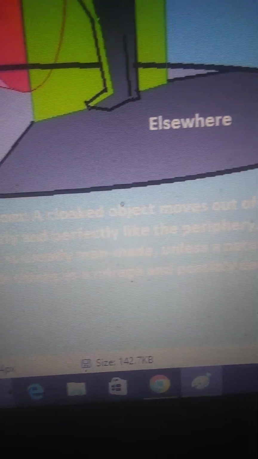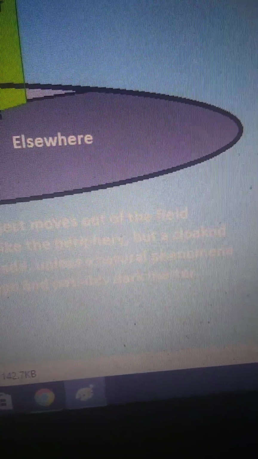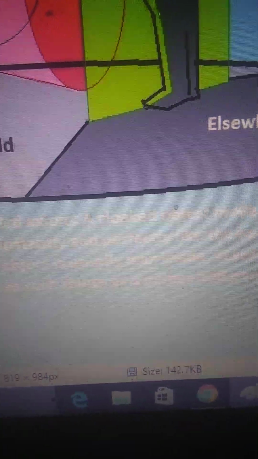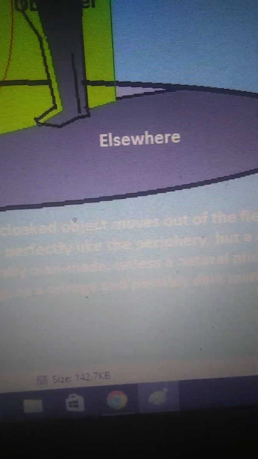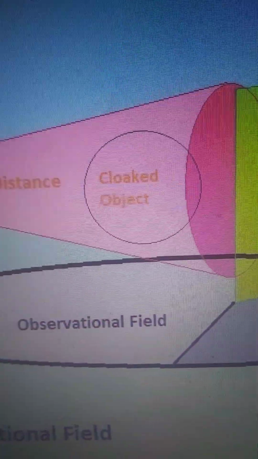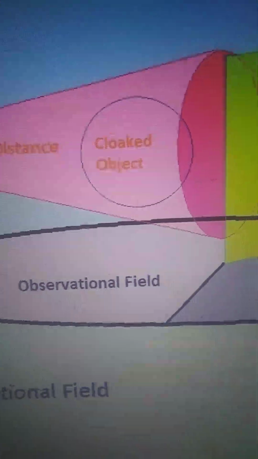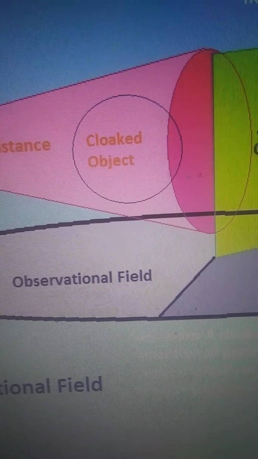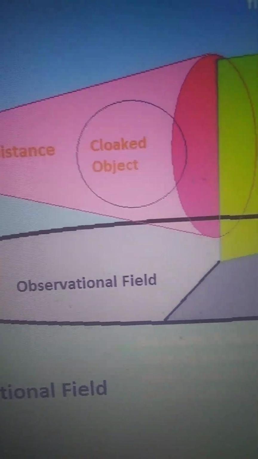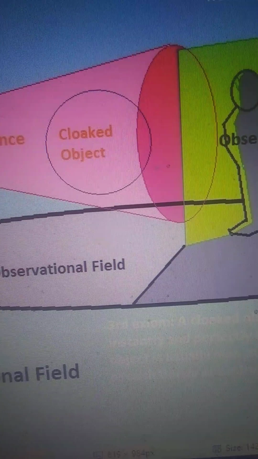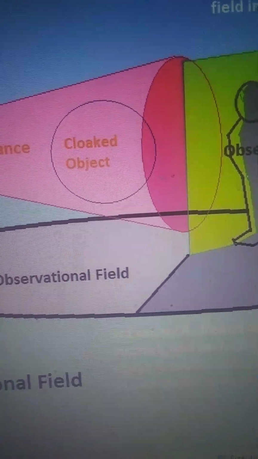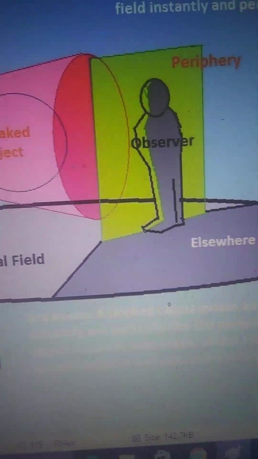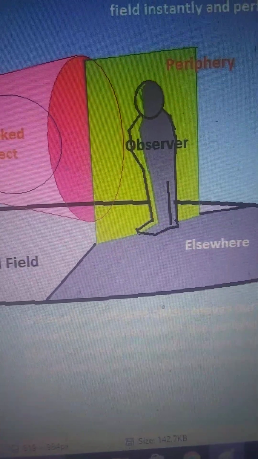instantly and perfectly, like the periphery, but a cloaked object is usually man-made, unless a natural phenomenon, such as a mirage or possibly even dark matter. But that's a cloaked object. It could be a mirage, it could be dark matter, or it could be made by humans. But it moves out of the field perfectly and instantly, as something would when it went behind the periphery of